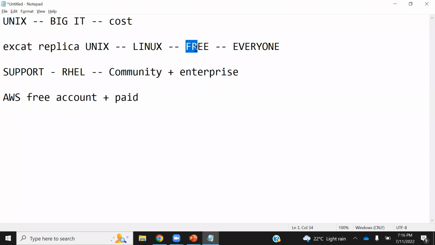So now what happened is I got a software which is an exact replica of Unix and I got it free of cost. Everyone was using it. Why? Because everybody thinks of saving the cost. Then a few companies lacked support. So companies started two editions. One is free of cost. The other one is the Enterprise Edition.